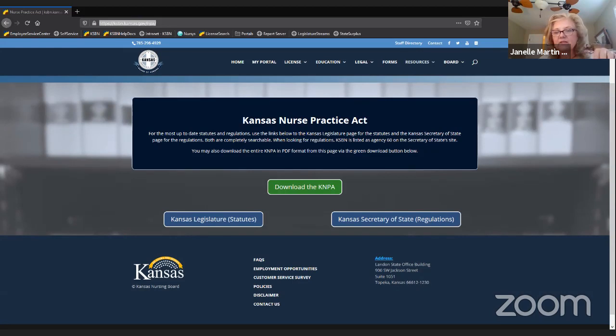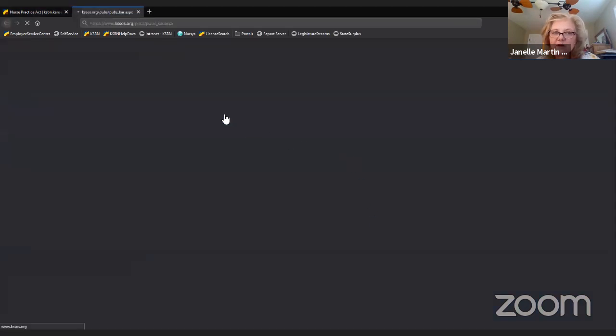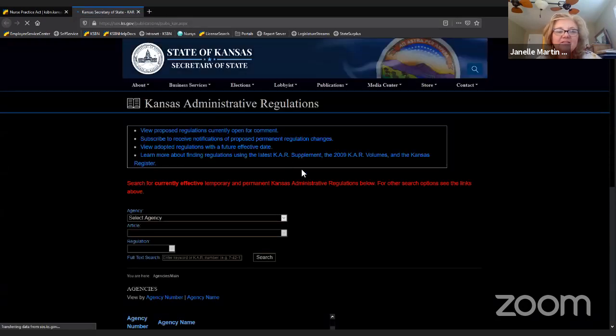To look for a new regulation, you can click on the Kansas Secretary of State site. That's the site that does the regulations. The Kansas legislature is when we have new statutes, which are usually not quite as frequent. But if you click on the Kansas Secretary of State, the regulation, it will take you to their webpage. There we go.